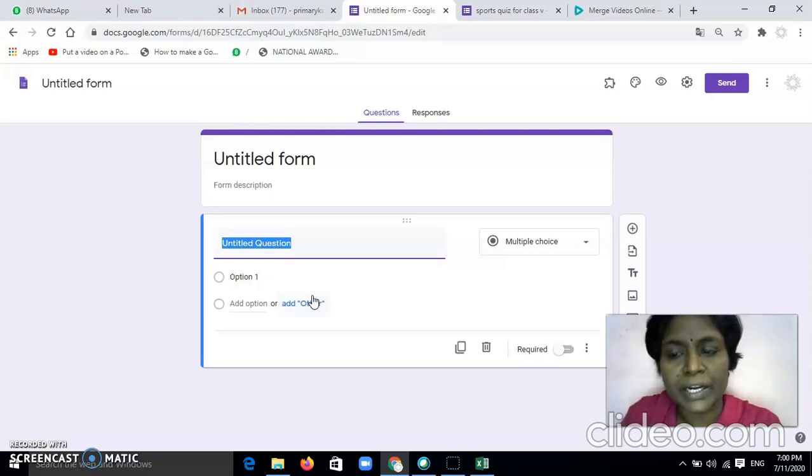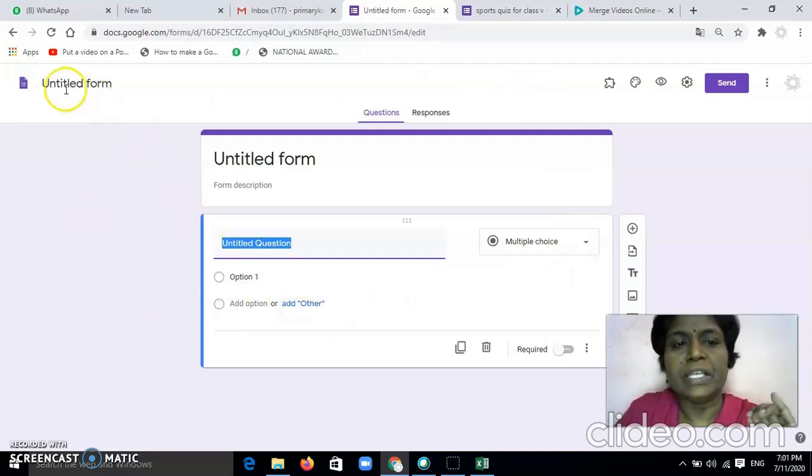But when you are conducting a quiz, there is a difference. You need to give the options for the answers, or you may demand the answers, and then you should also be able to supply the answer so that the Google form will correct it and make it a quiz, right? So let us first see how to create a quiz.